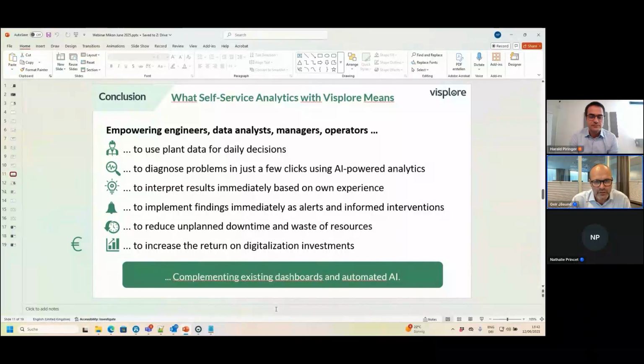Okay, what about batch production? You haven't talked a lot about batch production use cases. You mentioned pulp and paper, but is Visplore suitable for batch modeling? Yes, thanks a lot for the question. While this use case was for continuous production processes, we actually have lots of customers in batch production, pharmaceutics, chemistry, and